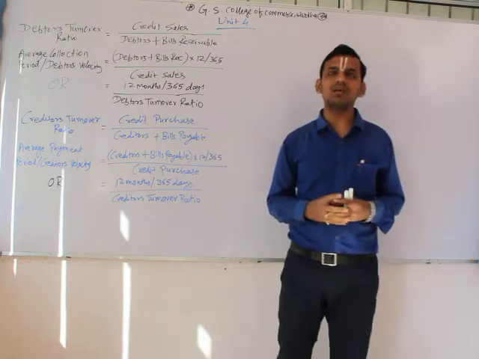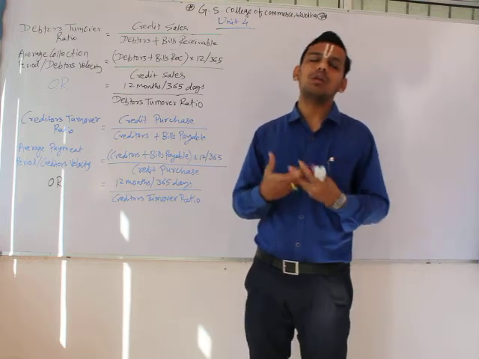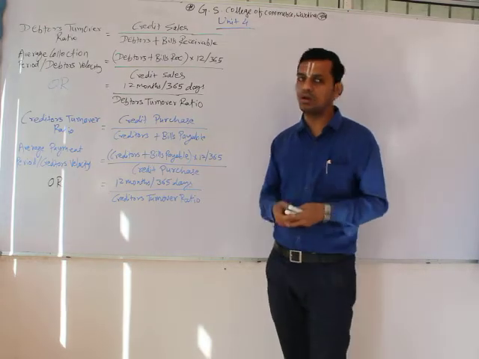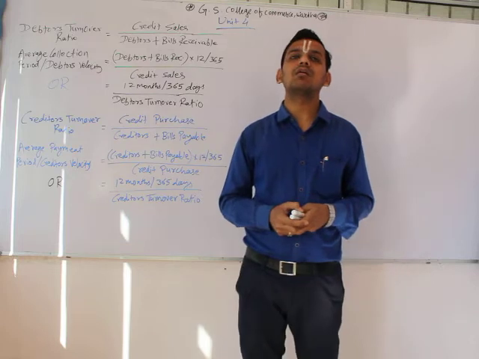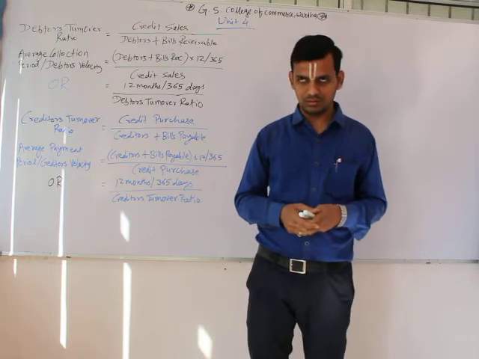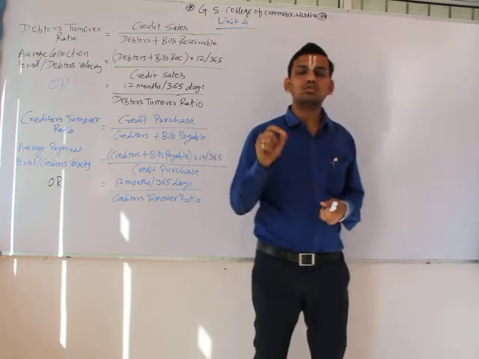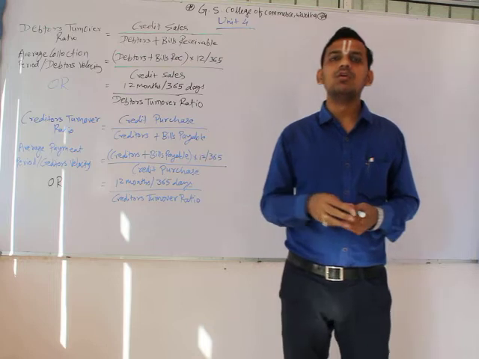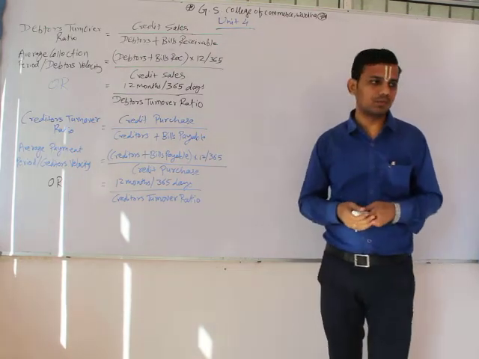Now in this chapter we will see how debtors turnover ratio or creditors turnover ratio is calculated, what is debtors or creditors velocity, and how the credit period is determined by the companies or firms in businesses. We will start with the very first numerical. Again, the question or the numerical is attached in the link of the video. You can refer to it and we will discuss the solution in this particular video.